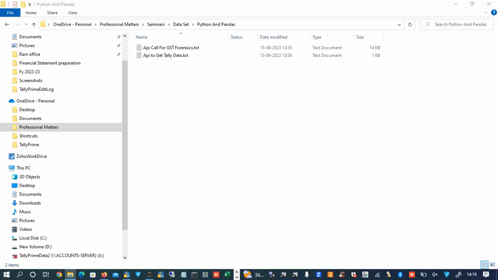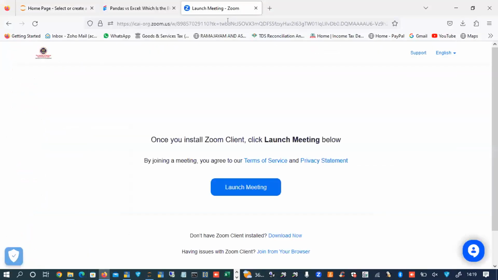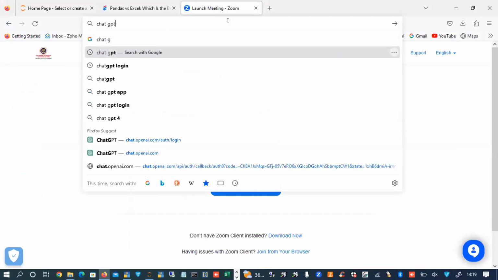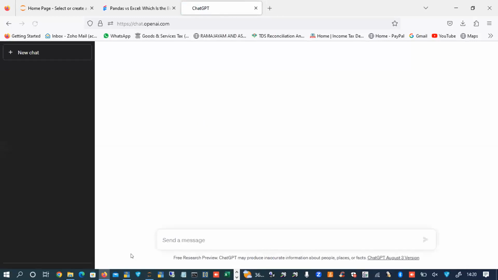For example, I'll go to ChatGPT, where I can ask what the famous Python libraries are. It'll reply with the list of libraries. Similarly, in Excel, we have data inside the sheets, but to transform the data, we rely upon various headers in the ribbon.